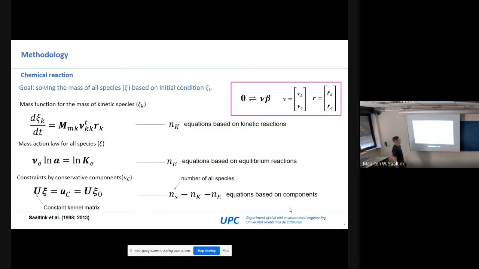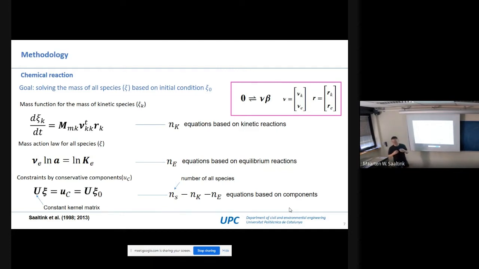Now, for solving the kinetic reaction, this is the reaction system from the last slide. For the kinetic species, we have this rate law. The time development of the kinetic species is controlled by the reaction rate and the stoichiometric matrix. And this term is just to change the unit,